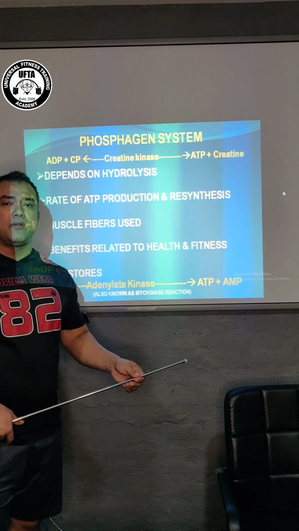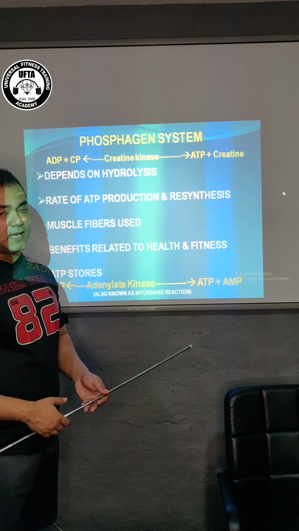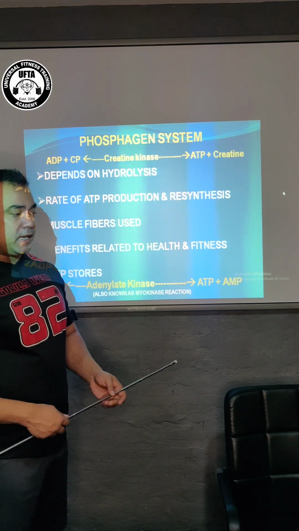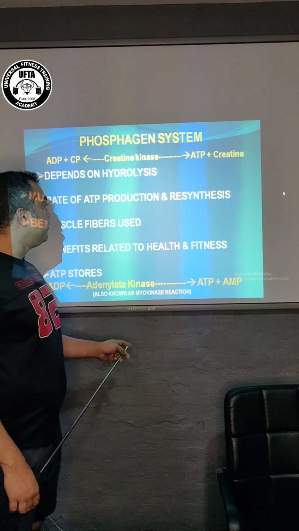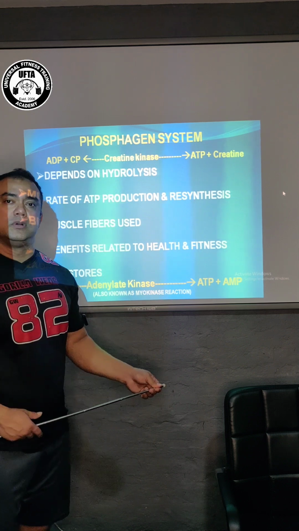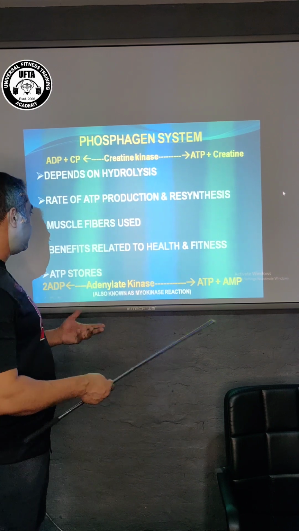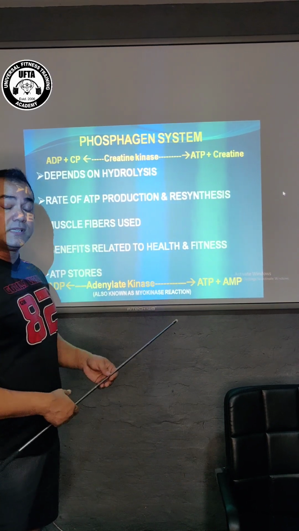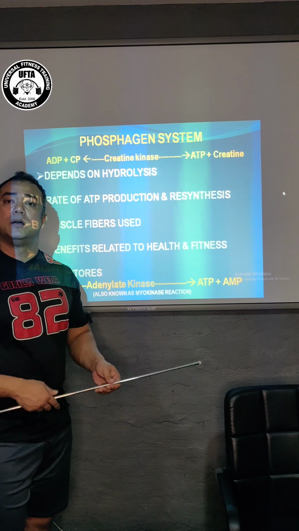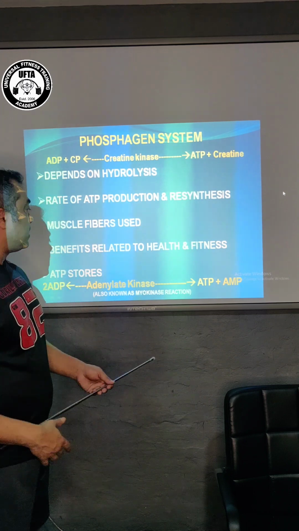Basically, when you are doing weight training, the benefit of using the phosphagen system is that you will be more powerful, and you will be able to generate more and more energy while working out. Regarding calorie burning, if you are targeting fat loss, then it becomes a very different issue, because if you train the phosphagen system, you will not be able to burn that many calories. But to a certain extent, you will be able to build a lot of muscle, which can help increase your metabolic rate to some extent.